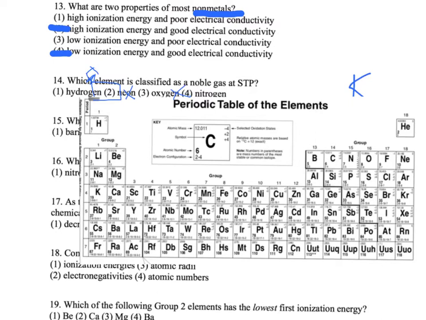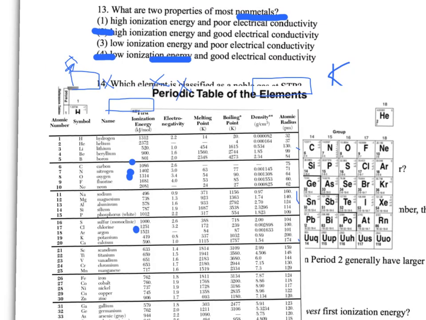So we need to evaluate the ionization energy of nonmetals using reference table S to see if it is high or low. So now we just need to find some metals and some nonmetals on the reference table and evaluate their ionization energy. So what we can do is just look across, let's say, period 2, which begins